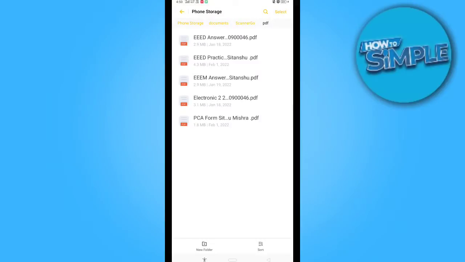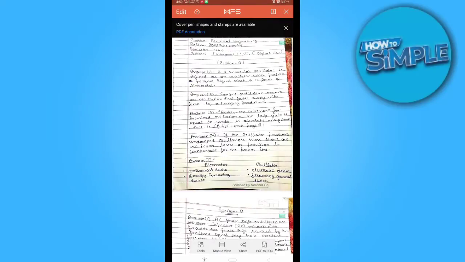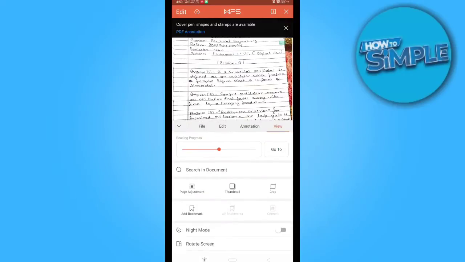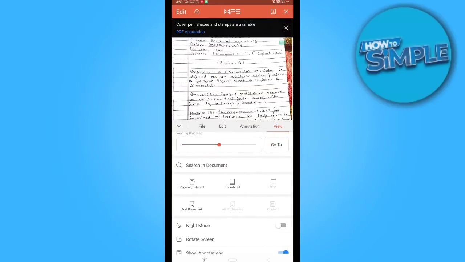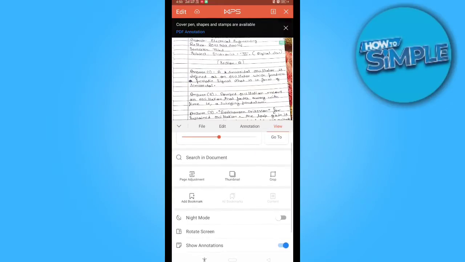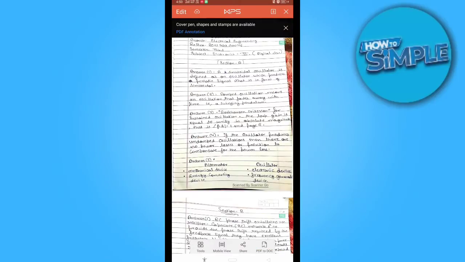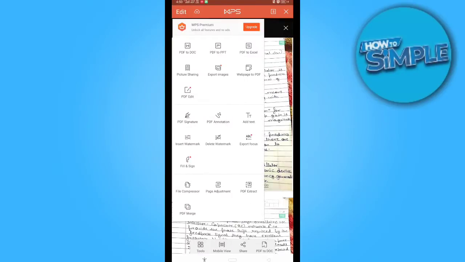So just open any PDF you want, like I will open this. This is wps.com, WPS PDF reader and editor. In this you have to go to the tools on the left bottom and select the edit option here, and now you just have to click on insert watermark,